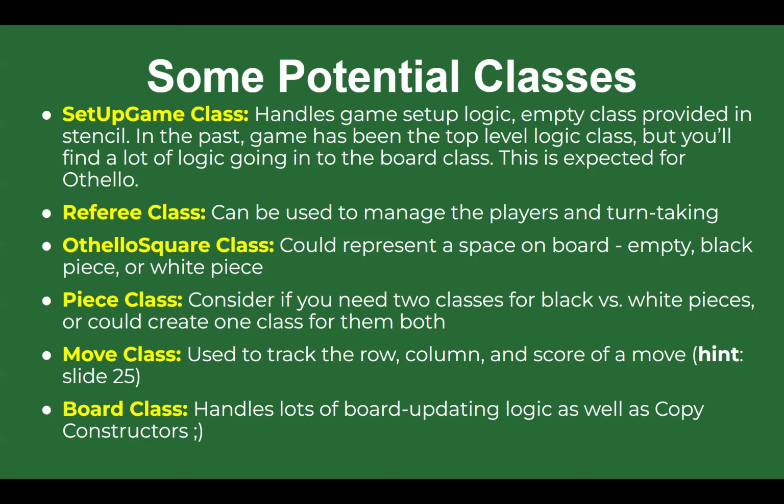But you'll find a lot of logic going into the board class, and this is expected for Othello. Then a referee class, which we went over, and an Othello square class, which could represent a space on the board, which is either empty, black piece, or white piece. A piece class, consider if you need two classes for black versus white pieces, or you could also create one class for them both. A move class, which would be used to track the row, column, and score of a move, and a board class, which would handle a lot of the board updating logic as well as copy